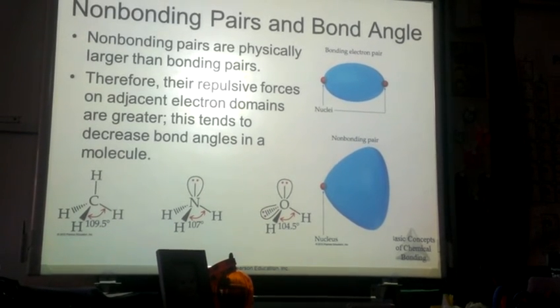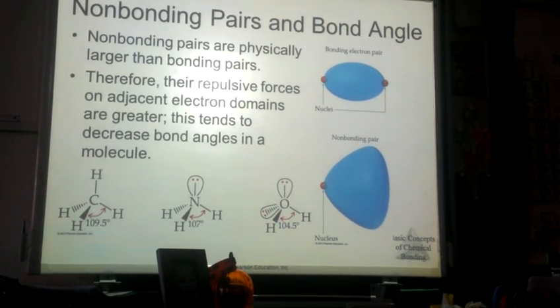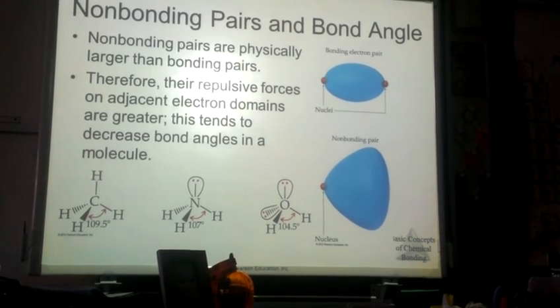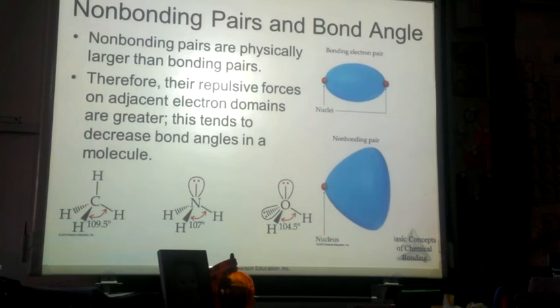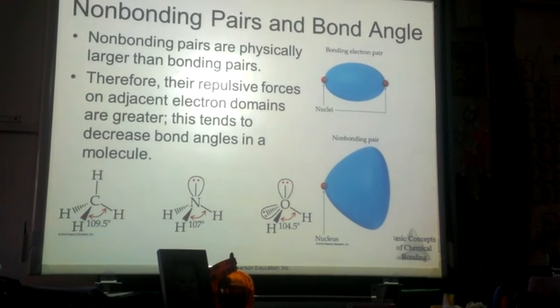As my non-bonding electron domains increase, the bond angles in the molecule are going to decrease. So a really good question that I would see on an FRQ would be to describe the bond angle in ammonia. And they would want you to say that it would be less than 109.5 because non-bonding pairs are physically larger than